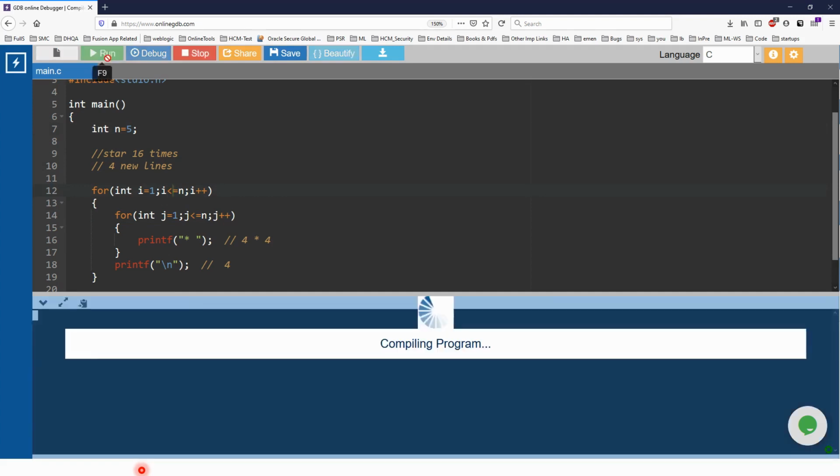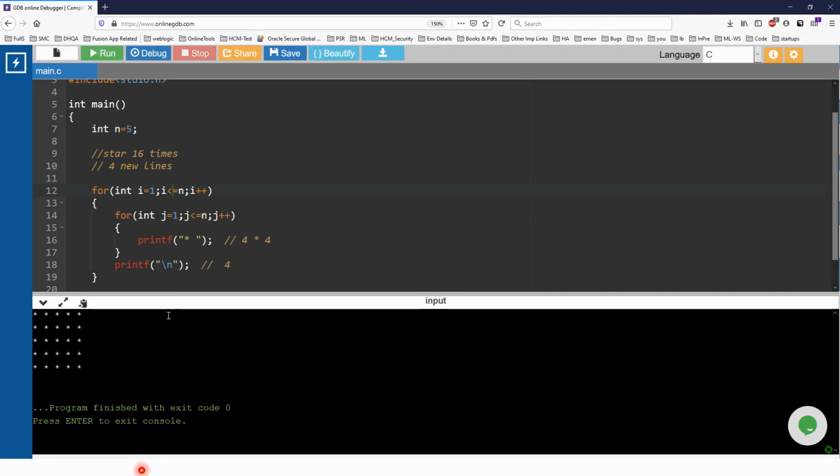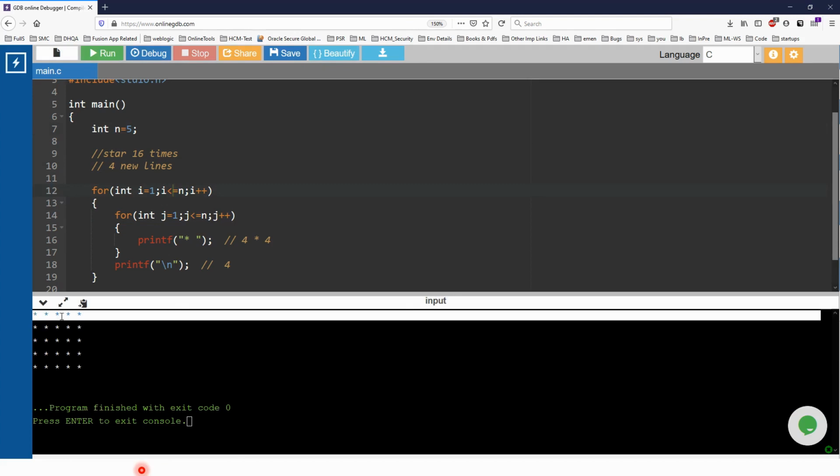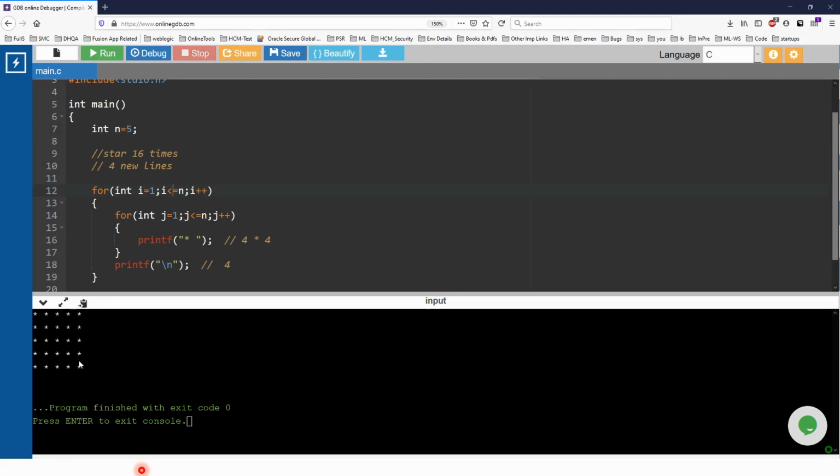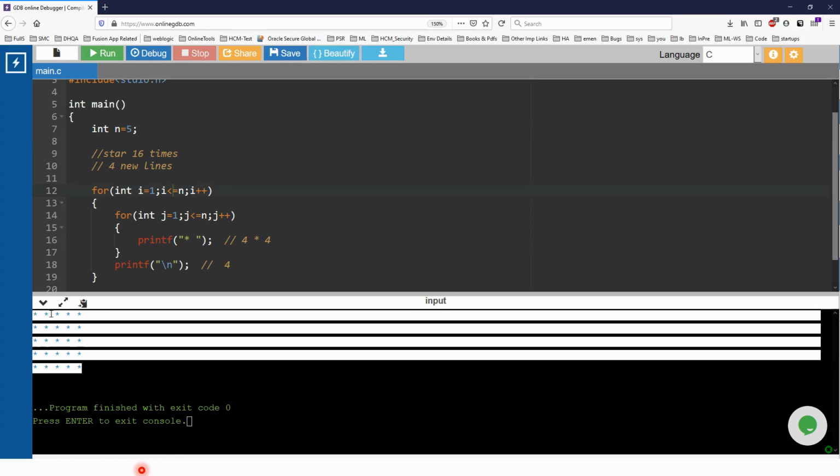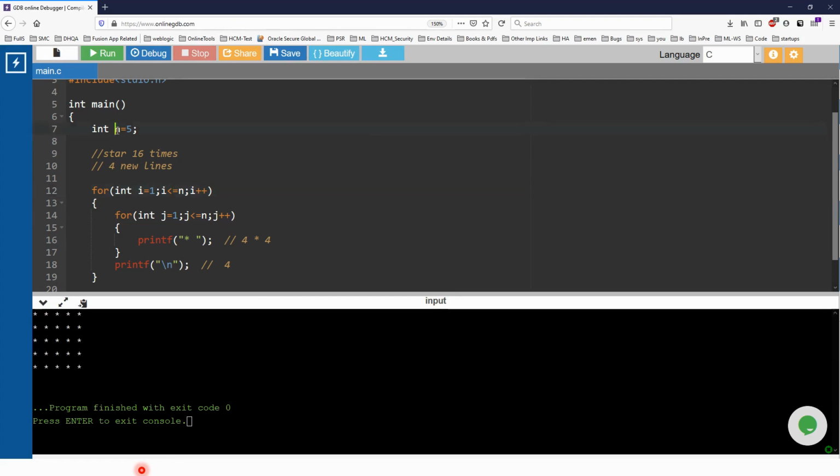It means that it has 5 rows and 5 columns, and each row will have 5 stars. It means 5 into 5, 25 stars will be printed. You see, that's how you write code to print a square pattern. So basically for this number you write a printf and scanf statement to get the value from the user.